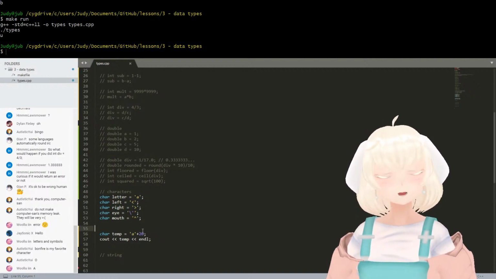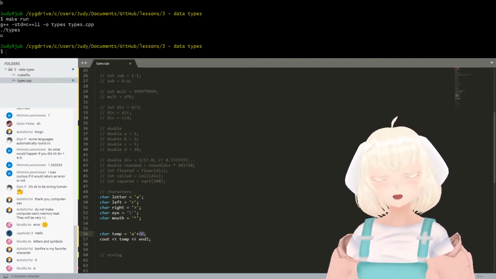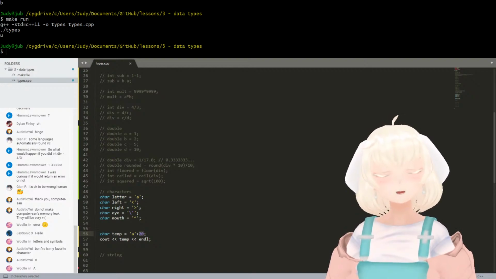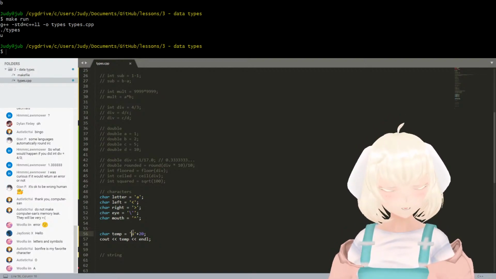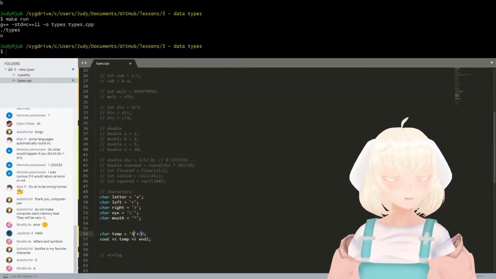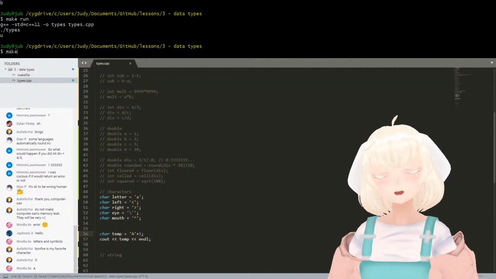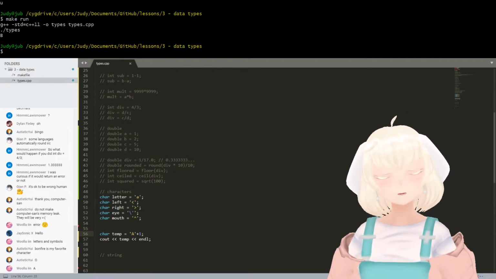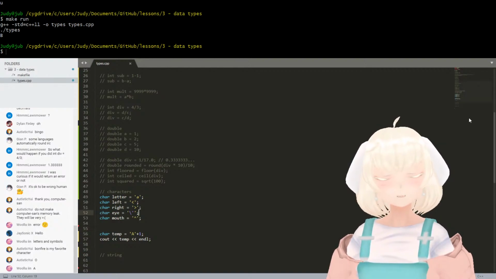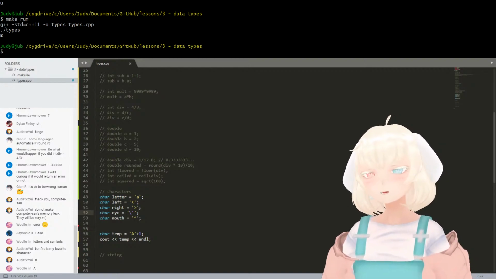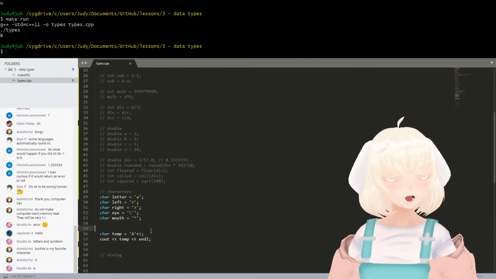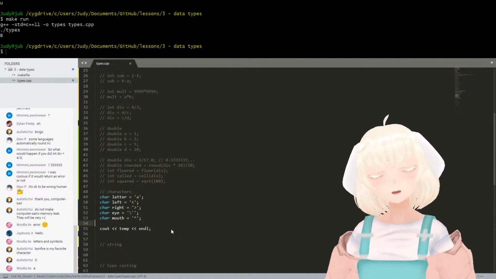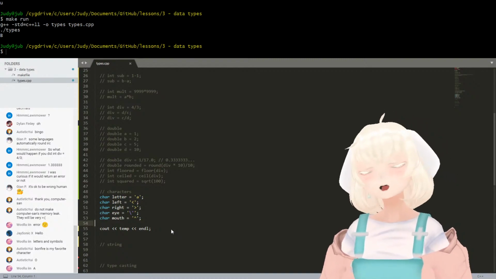Also, interestingly enough, lowercase letters' codes are a little bit different than uppercase letters. So if we did a capital A plus 1, what do you think that'll give us? It'll give us a capital B, right? So it's fun that way, in that you can sort of manipulate characters. And we're gonna learn about that a little bit more once we learn how to convert characters to their values,